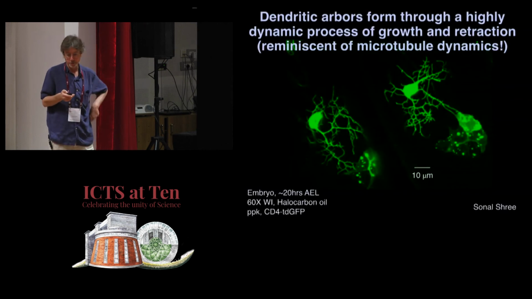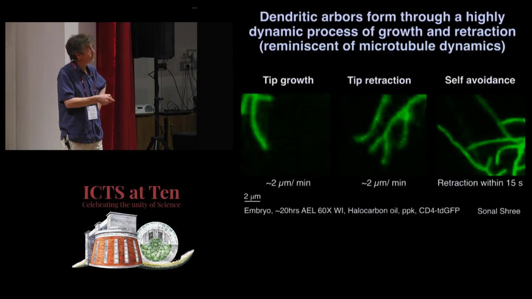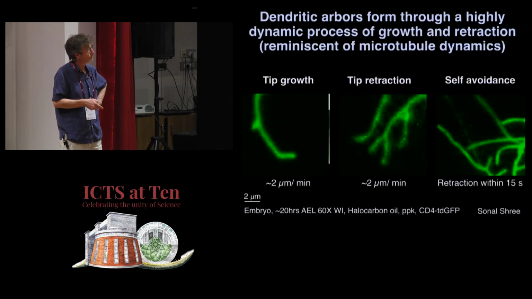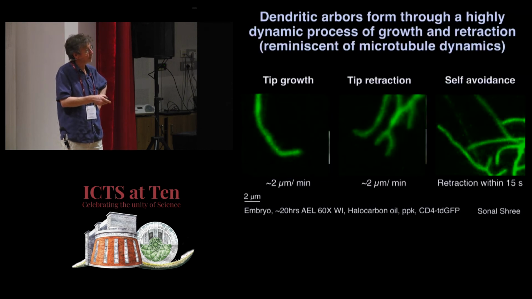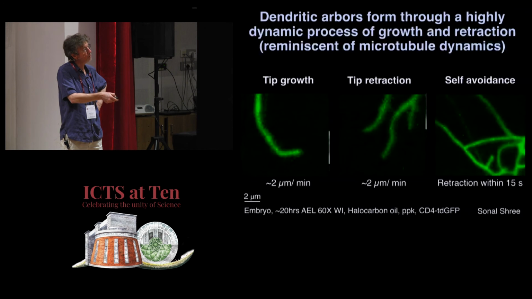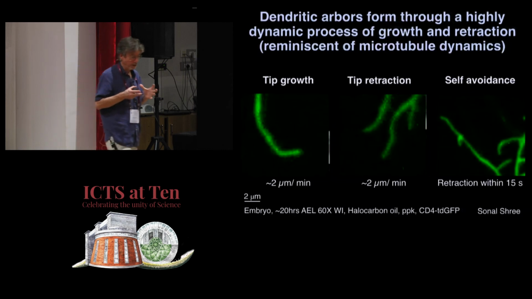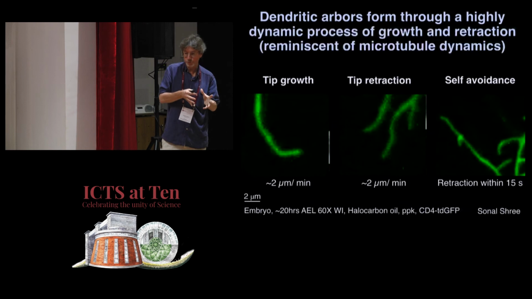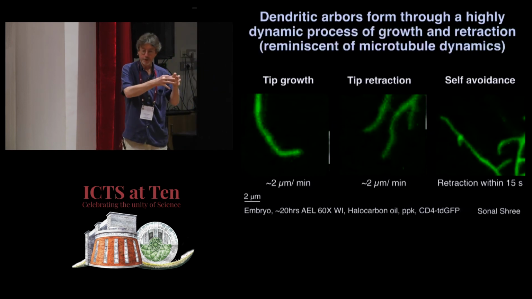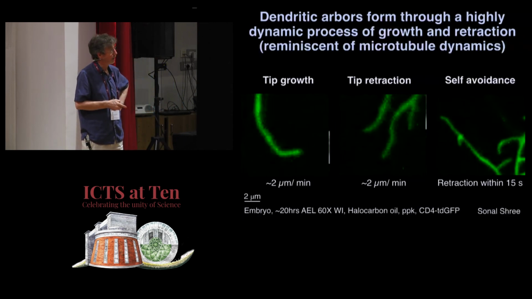It's an unbelievably dynamic process. And this just gives you some examples of the sorts of things we see. We see tip growth, branching. We see tip retraction, and we can actually have retraction through several levels of branches. And there's also this self-avoidance phenomenon where a branch will grow out, hit another branch, and then retract again. And so what we're trying to do is figure out what the molecules are doing there, and also how these kinds of local rules can give rise to a global branching pattern.